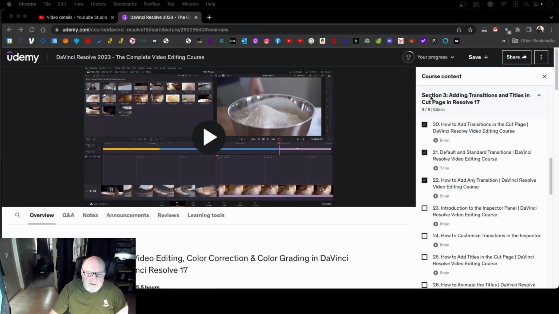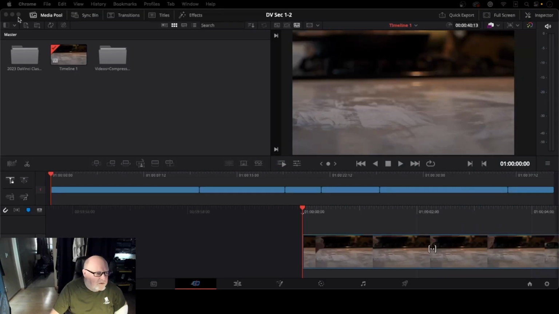Okay, here we are continuing on. So, we're at Section 3, adding transitions and titles in the Cut page, the simple way to do things right here. This is a very abbreviated version of how to do the transitions. So we're going to cover Skill 20, Skill 21, and 22, and just briefly go over where things live and the 3 easy ways of adding a transition. So first off, here we are back where we left off